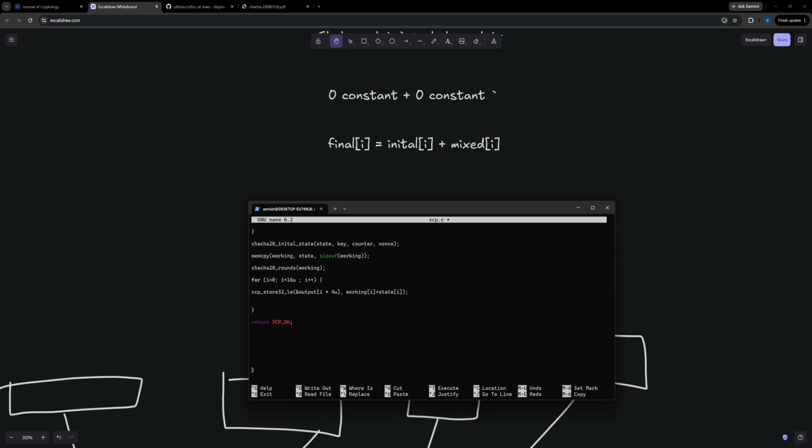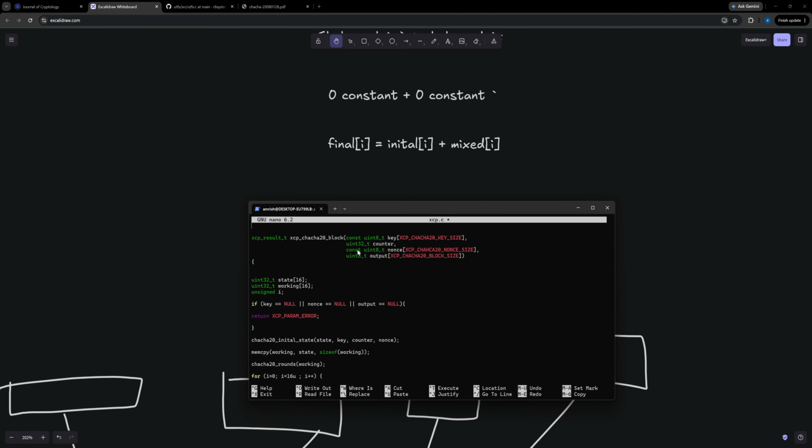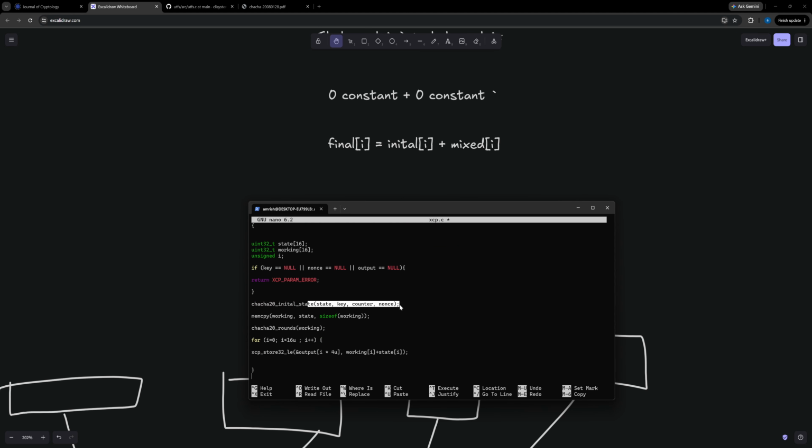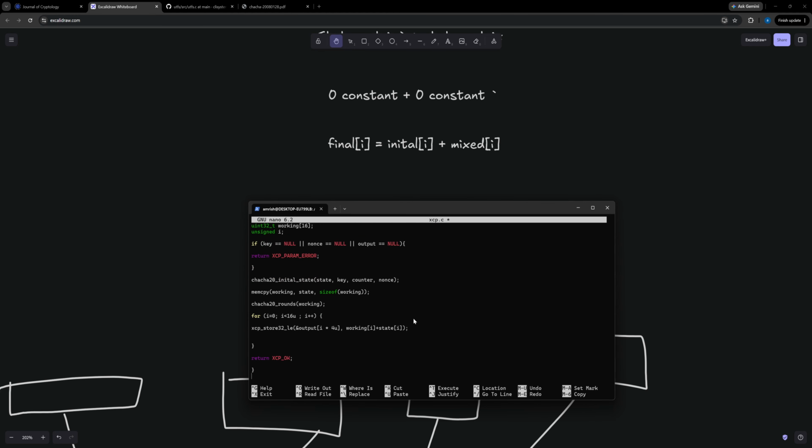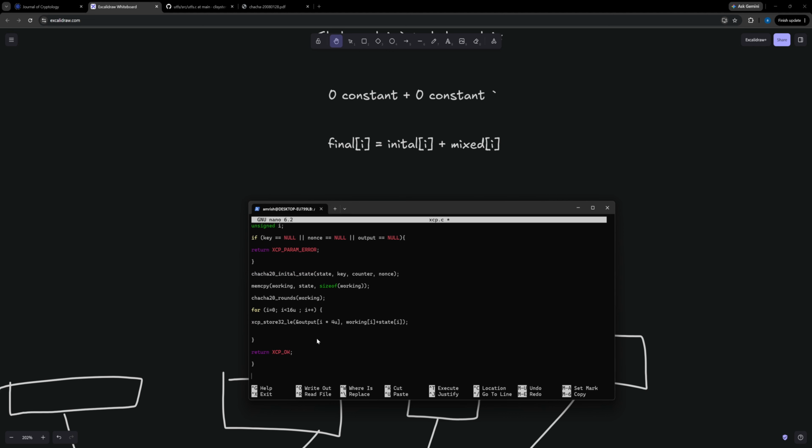So this is now our block function. We take our initial state and our working state. We check for null parameters. We initialize our working state. We initialize our state. We copy our state into our working state. We complete the work. And then we do modulus addition on the output for the output matrix or output result. The last thing that we will need